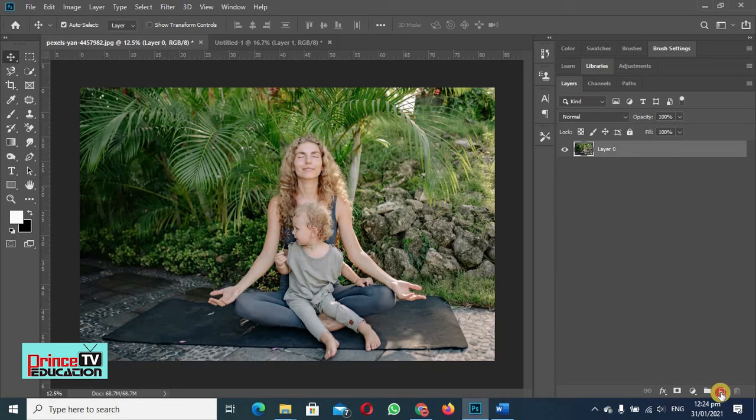I will add another layer here, and I can type anything on this layer. For example, I will type anything. I will type love, LOVE. Love. It cannot be visualized, but